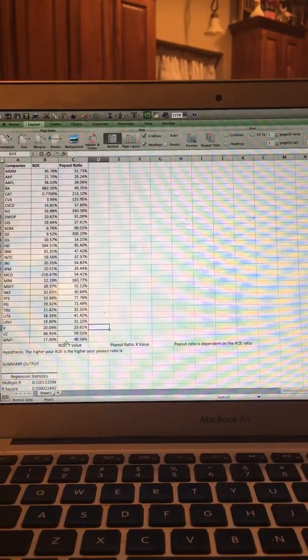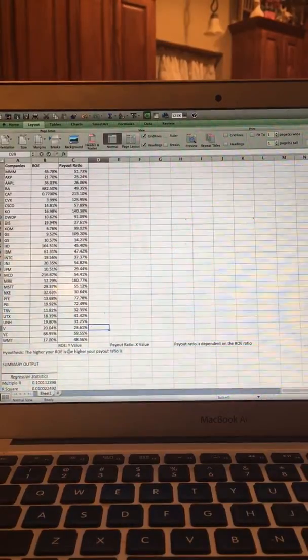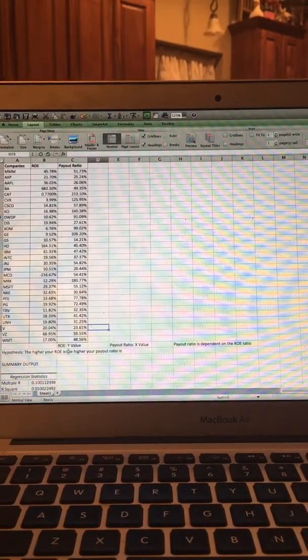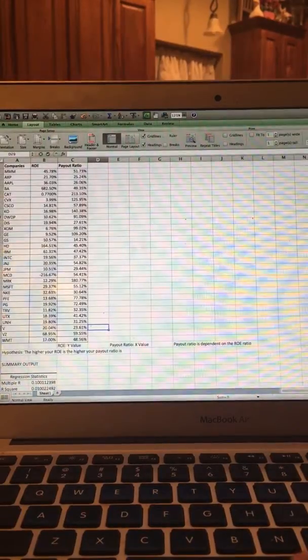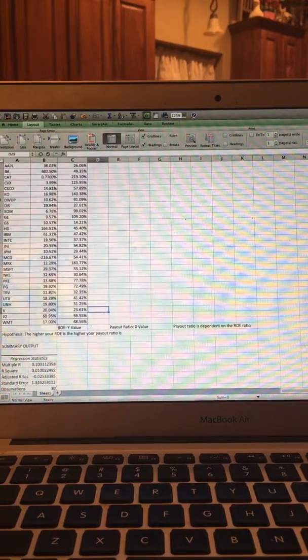So, for my regression analysis, the Y value is ROE and the payout ratio is the X value. Because I am thinking that the payout ratio is going to be strictly dependent on how high the ROE is. So if you don't have a high ROE, then you're not going to get as high of a payout ratio for your shareholders. So once I ran the regression analysis,